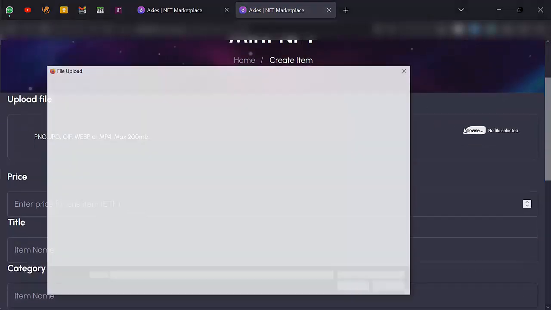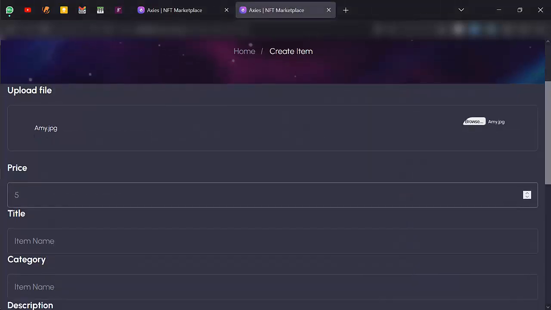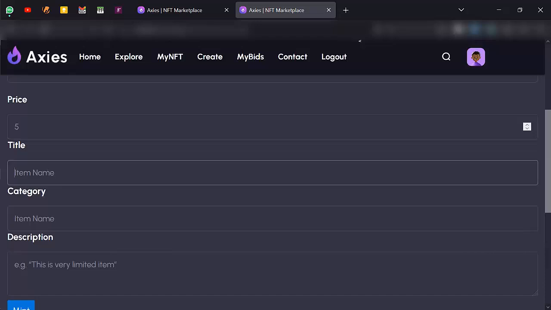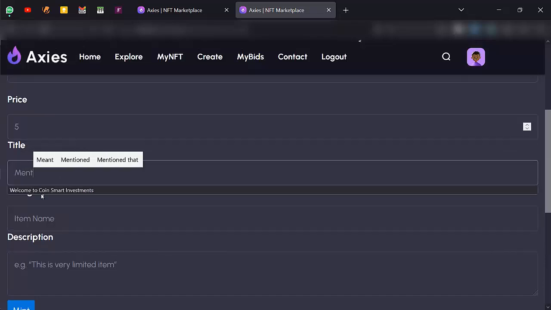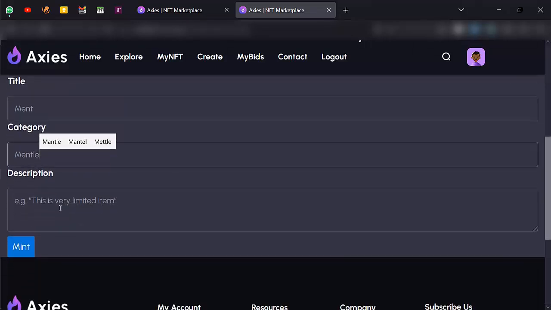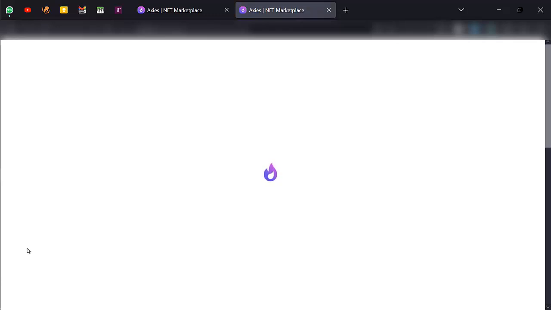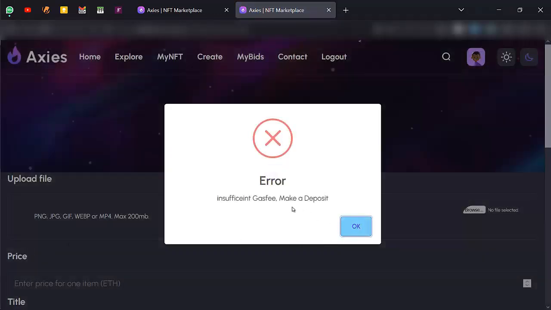Let's use this. I'm going to put price, let's say 5. I'm going to call this, let's say, limited item. Okay, and I'm going to click on mint. Insufficient gas fee, make a deposit. Perfect. Now you see, so a user cannot actually create an NFT without first